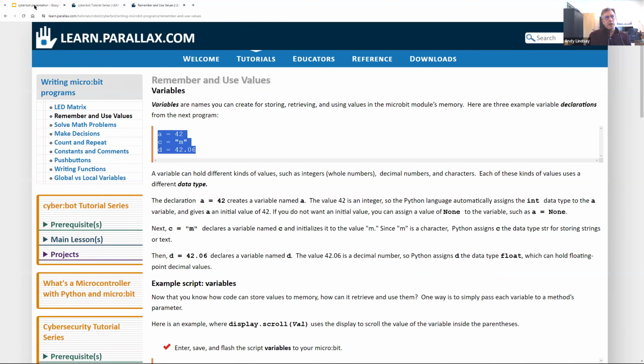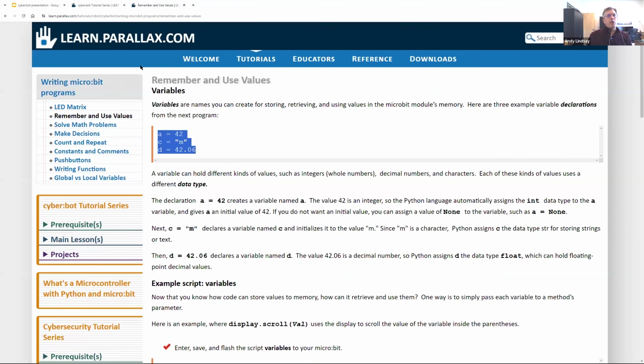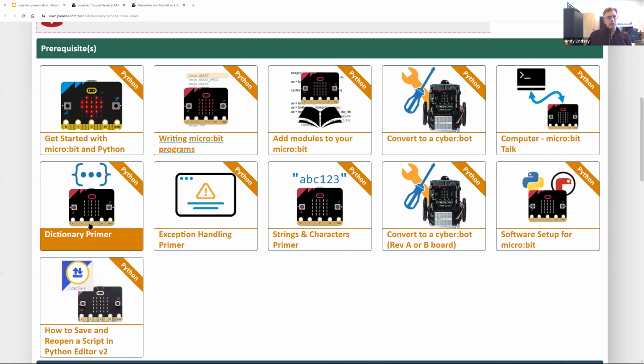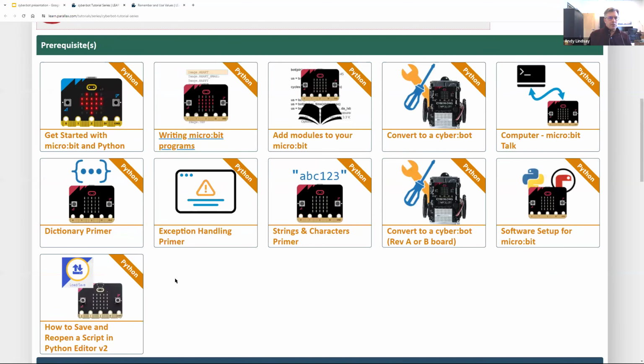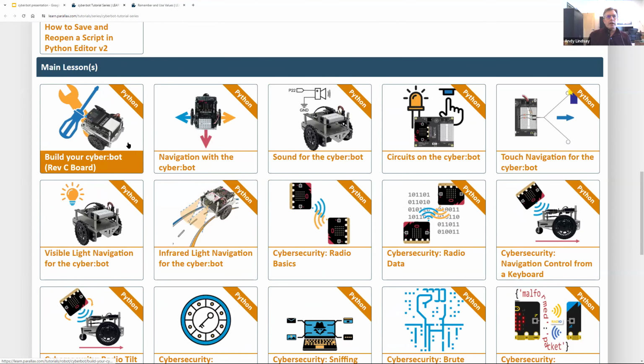I'm getting ahead of myself, that comes a little later in the presentation, but that's an example of one of the chapters in the prereqs here. And after getting a strong foundation in writing scripts, or programming, then we put together the Cyberbot and